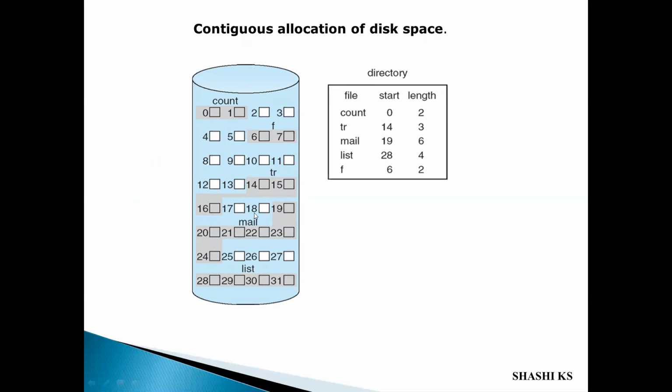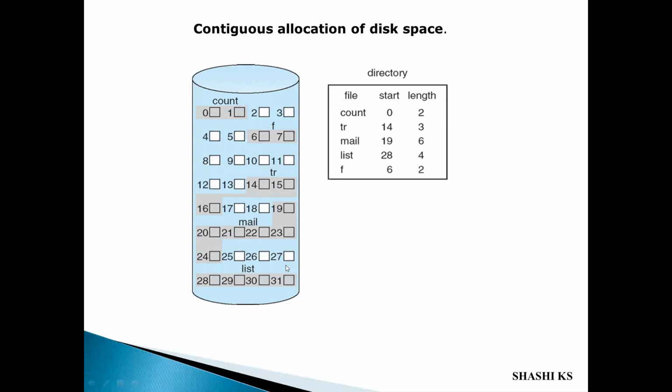But then if some file needs 5 blocks, I cannot allocate this. If 17 and 18 are the only free blocks available here, I cannot allocate this. So let's say 17 and 18 and somewhere 25, 26, 27 is also free. Okay, assume that all other blocks are occupied and in between you have 17, 18 and 25, 26, 27 free. And let's say another file comes and it requests 5 disk blocks. So it requests 5 disk blocks and 5 disk blocks are free here, but they are not contiguous. They are not consecutive.